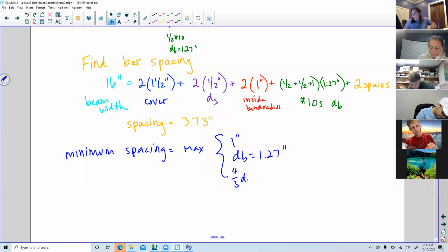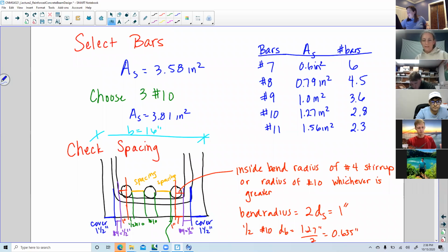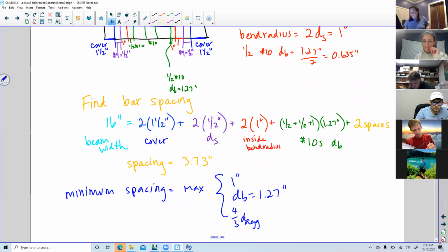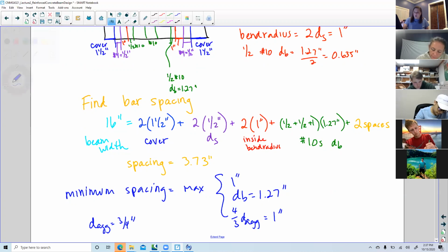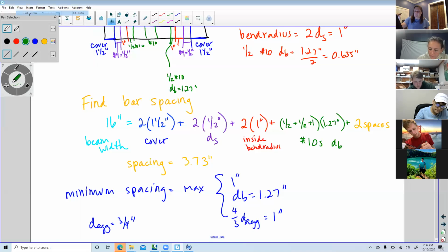Oh, I didn't give it. Let's just say it's not going to matter. I think I gave it in the homework. But let's just say the diameter of the aggregate that you're using is 3/4 of an inch. So that would be an inch, because 4/3 times 3/4 is equal. So your minimum spacing is